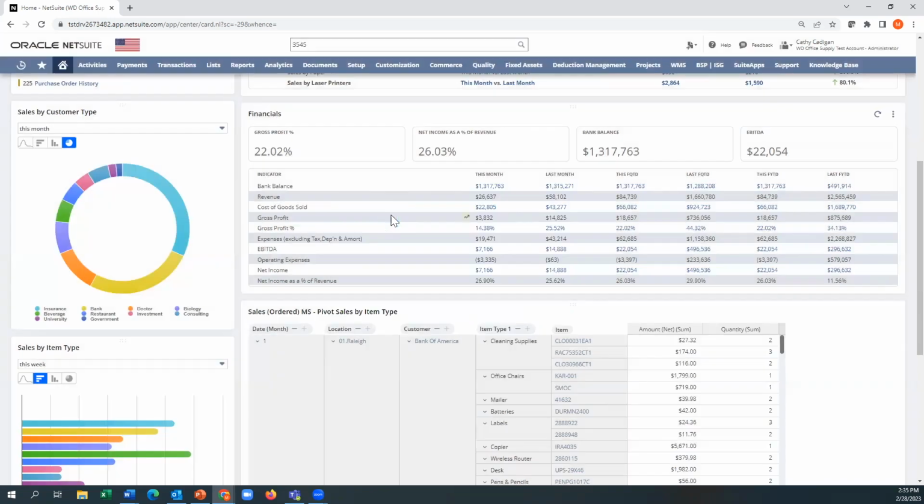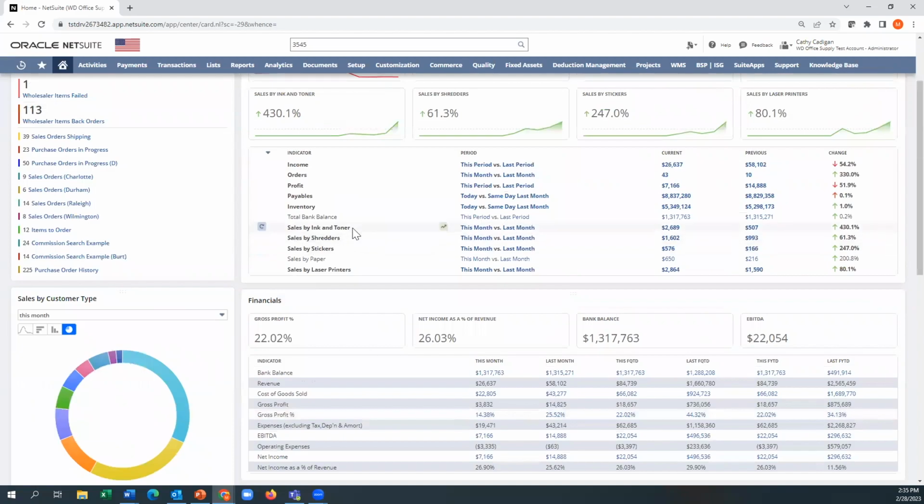All of these are deployed to different types of roles. But the main part here is you can create your own, and you create your own with the same searches that I used to create this key performance indicator, but also the same tool that creates these reminders.